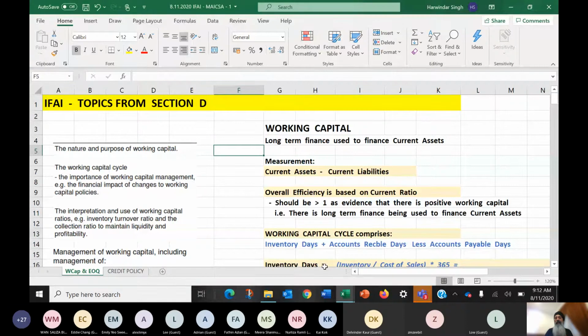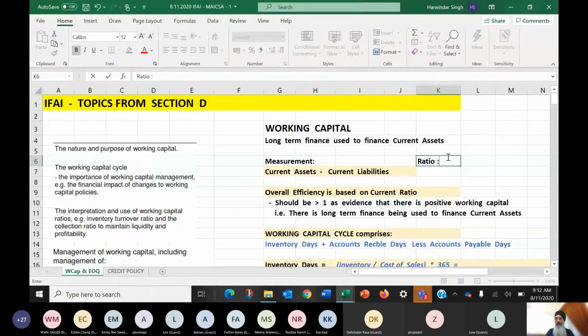So this is why when we look at the working capital ratio, the overall ratio for working capital, we call it the current ratio, which is CA over CL, a very famous ratio. I think most people who have had a brush with accounting or financial analysis know current ratio is CA over CL. Why CA over CL? Because what we are saying is that current assets must not be financed exclusively using current liabilities.